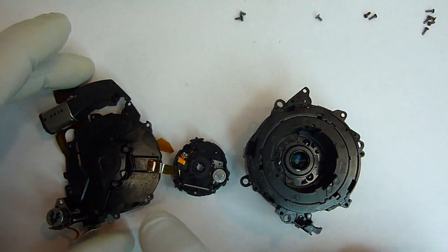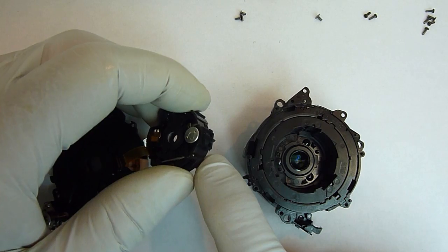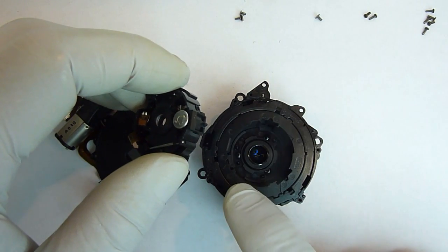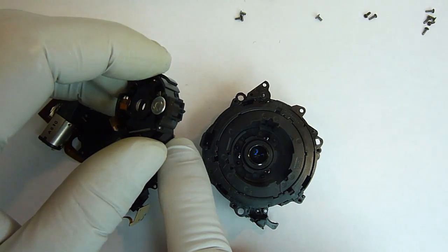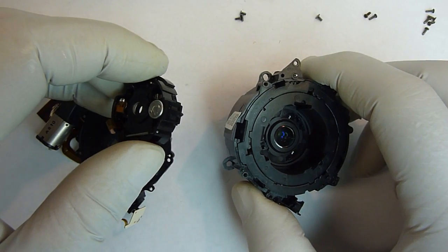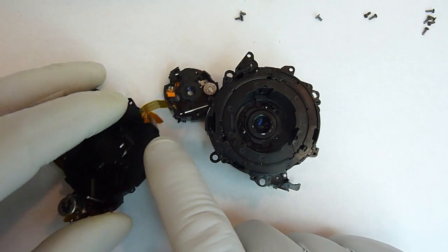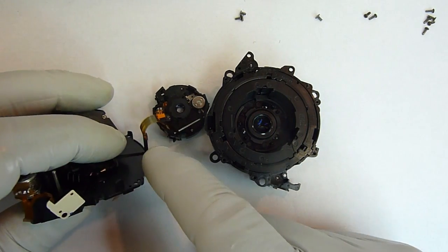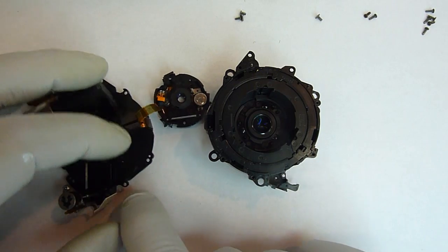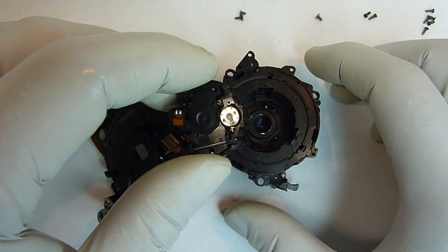Right now we're going to take the back piece that's still connected to this image stabilization unit, and we're going to put this part in the main lens. What we want to do though first is to make sure that this little pocket here, you can see it right there, is on the left side. The reason being is this piece right here, this plastic part, is going to go down inside there once we put the cover on. So to make sure that this part is lined up right, because there's 3 possible ways you could do it,